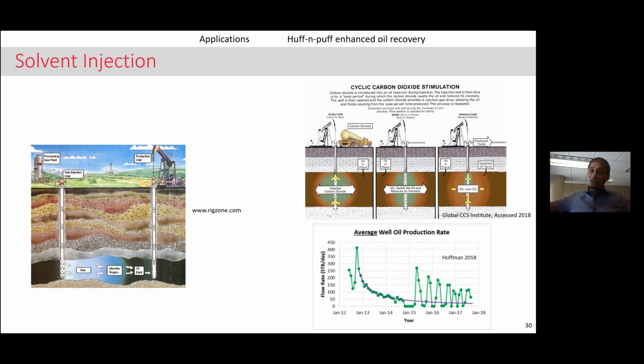With shales, maybe a foot or 2 feet, or maybe a couple of inches, depending on how long you're injecting and the volume you're injecting. Then again, injection and soaking, then some more production, again some injection and soaking, some more production, and so on and so forth. So you can see that this is a cyclical injection. It's also called cyclic EOR. It's also called huff and puff EOR.